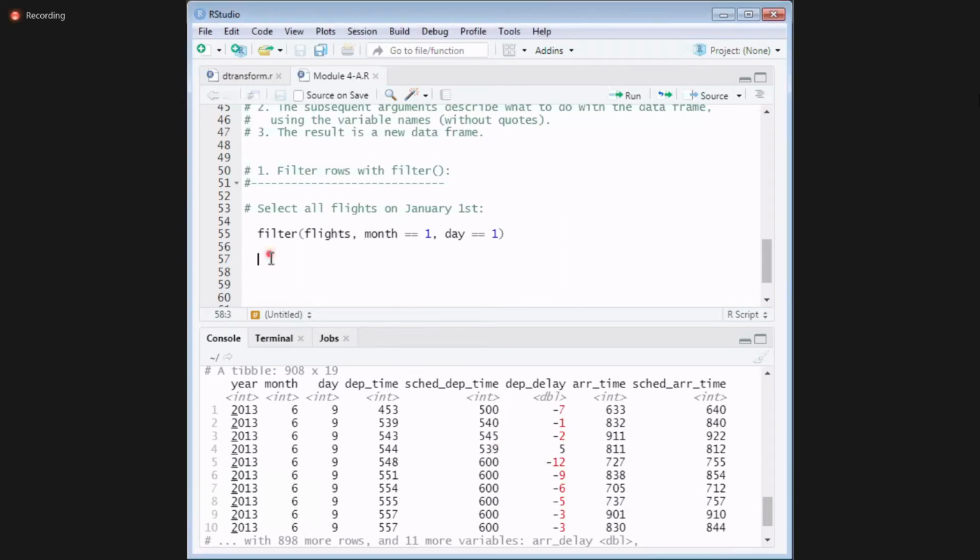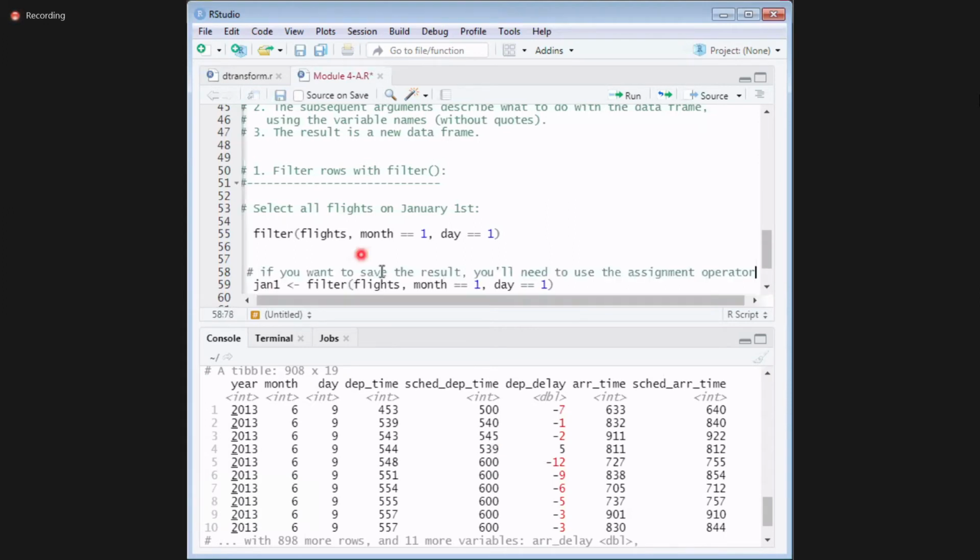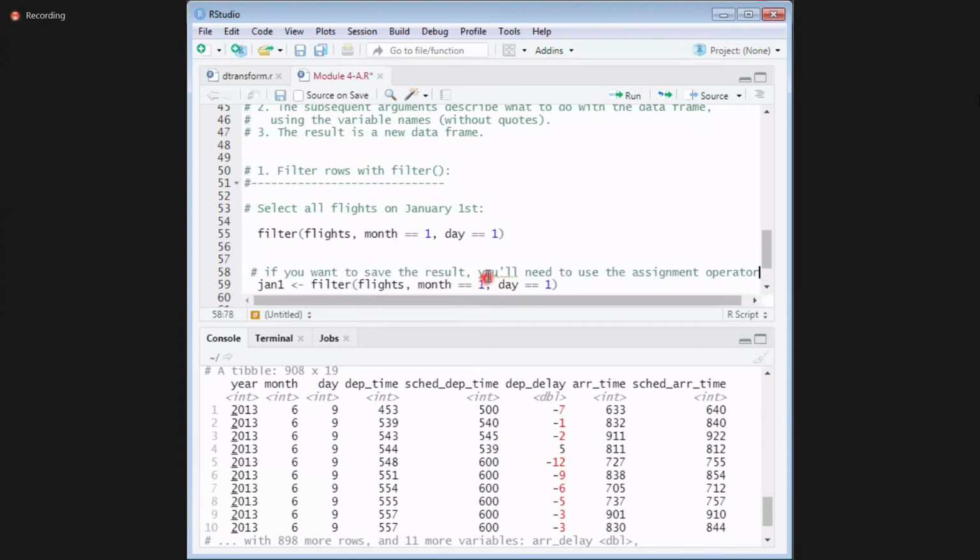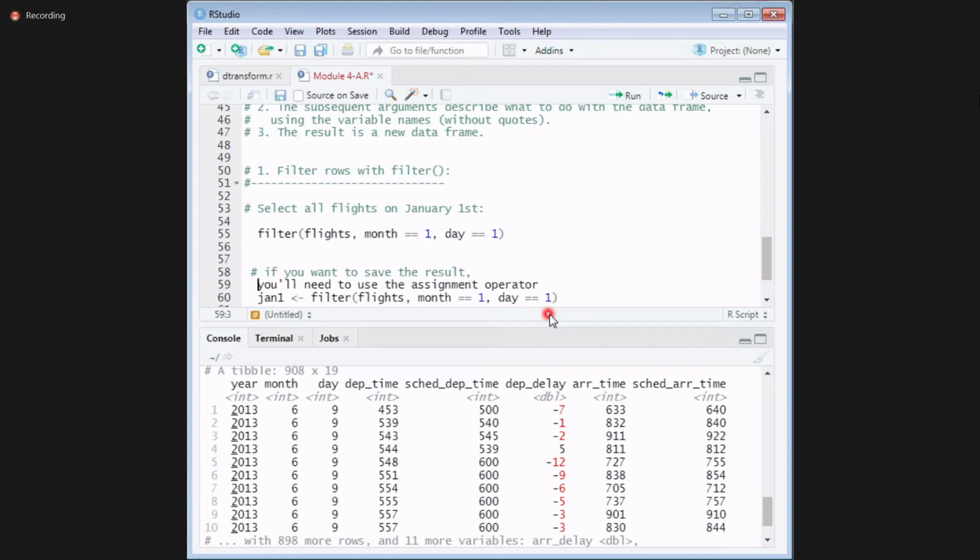See here. So if you want to save the result, then you should use the assignment operator. If you want to save the result you got, what do you need to use?